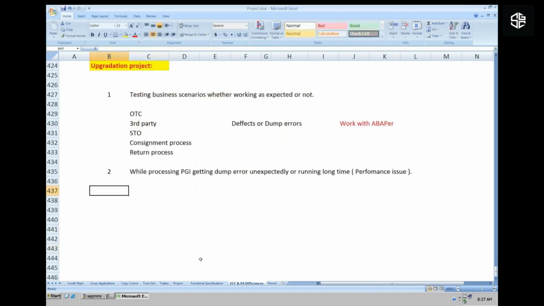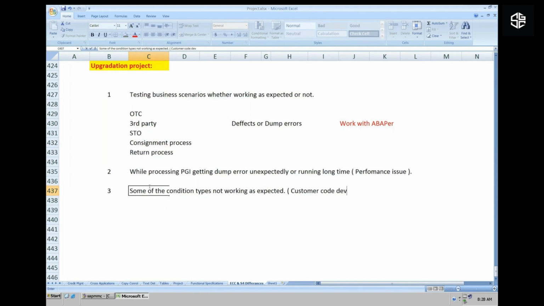Then some of the condition types are not working as expected. Previously working fine, after upgradation, not working, right? This may be having any customization, or they have routines maintained for this particular condition type. It's not reflecting, the reasons also, I'll write. Custom code development not reflecting,